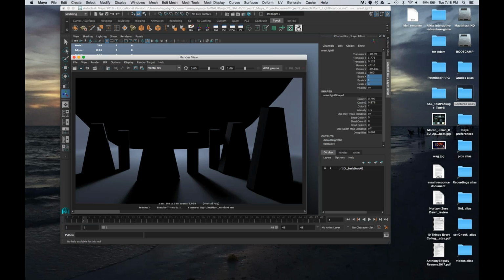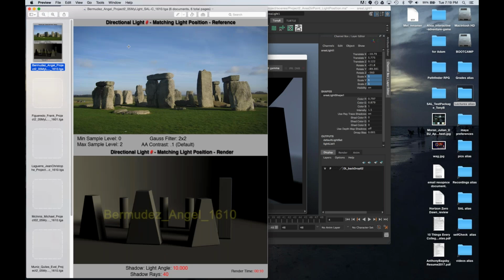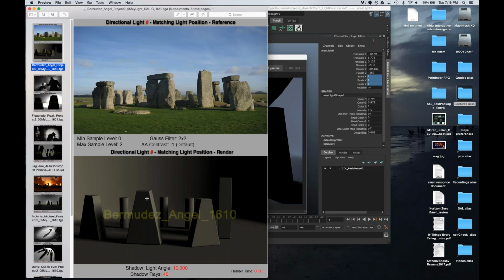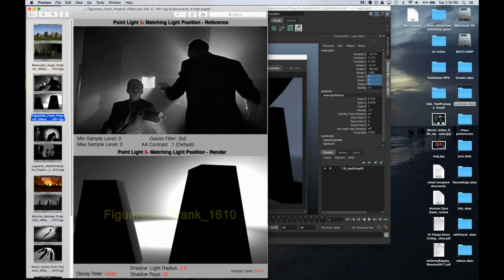For that, you have to go get reference online and match the reference using a single light, no more than 1 light. For that, typically it's advisable to get a film noir, but we have some examples as well. So Stonehenge, it's pretty good. This one's fun. He did this with 1 light.